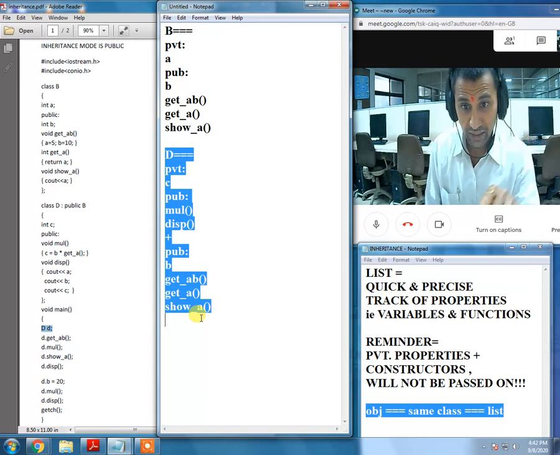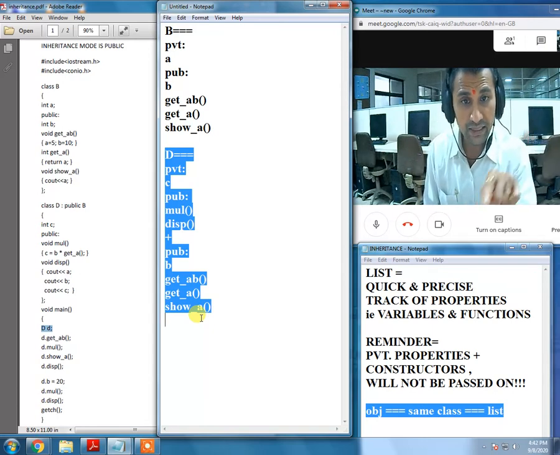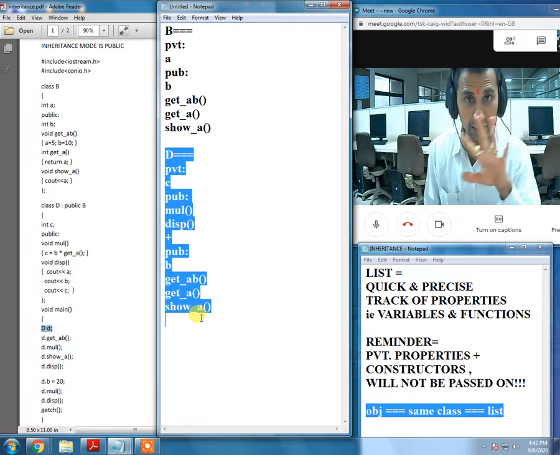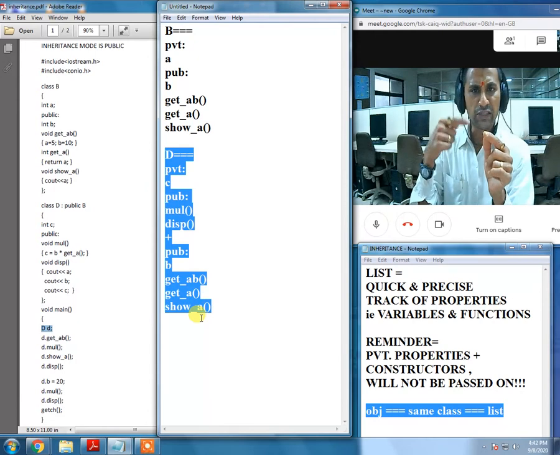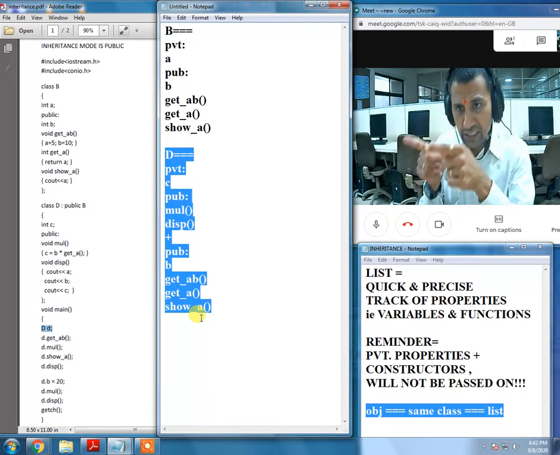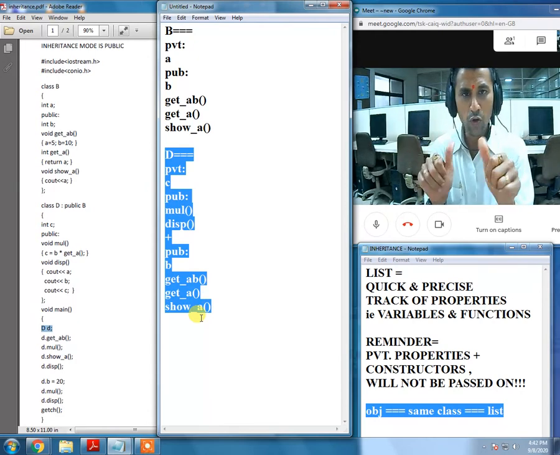That's why we made the object of the same class and list, nothing other than that. The properties which are not listed in the list, our object will not be in a position to access. That means,